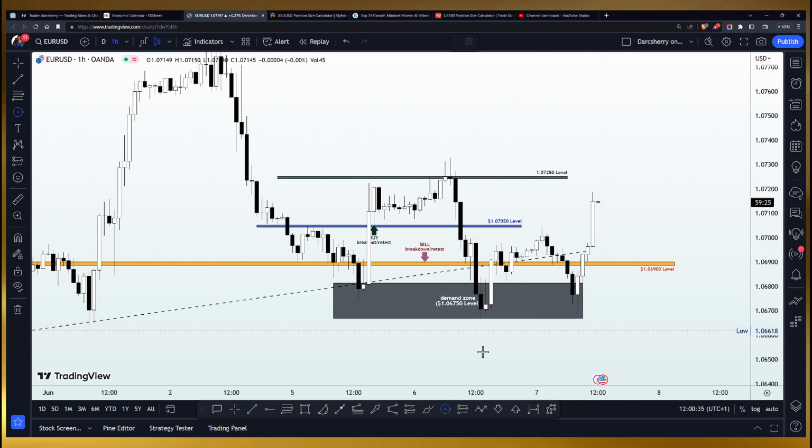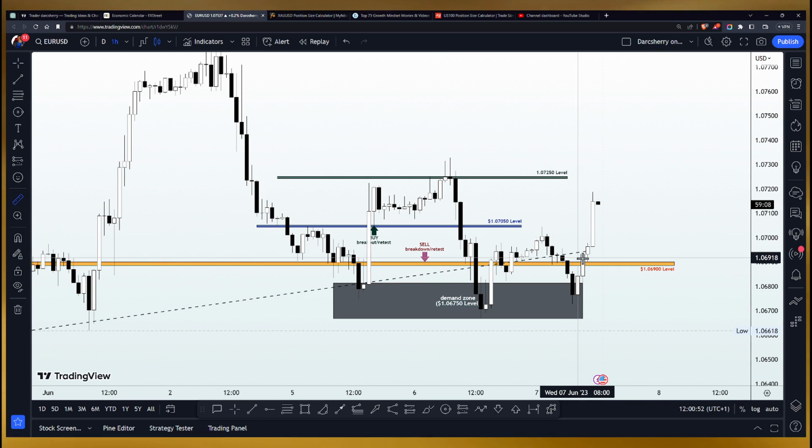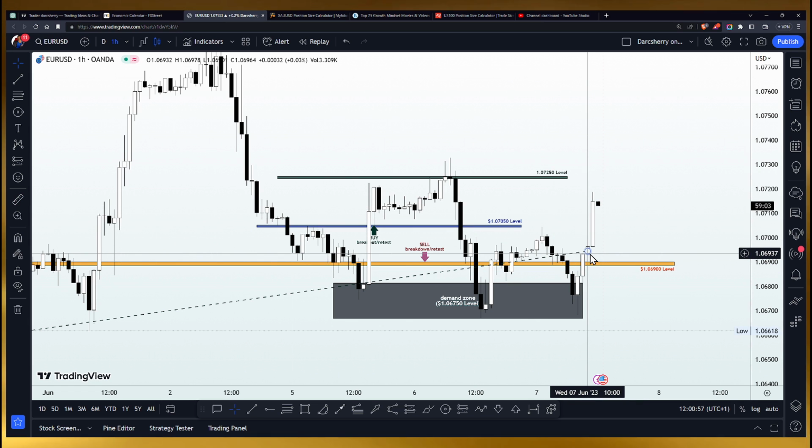And for the fact that price action broke out of our key level here at the 1.06900 level, I do hope you are able to take advantage of that opportunity, as we already agreed that we are going to be buying anything above that key level. And if you have done that correctly, you will currently be running with over 25 pips in profit. And since price has moved significantly well in our favor, the next thing you want to be doing right now is to move your stop losses to secure this current position.